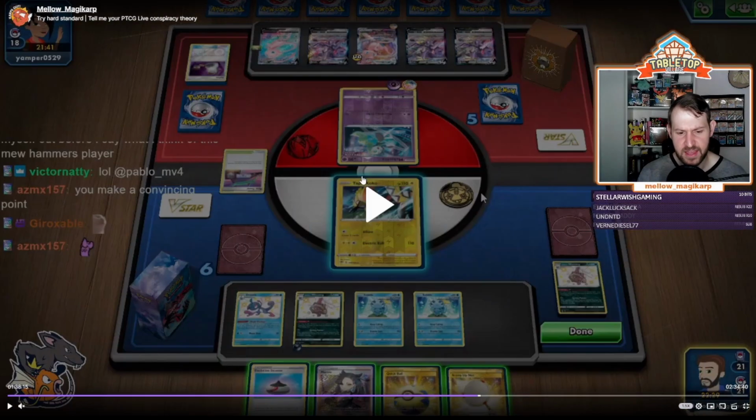Okay, we top deck another net. So kind of a weird situation of like, what are we going to grab here? We want Hoopa, we want energy. We have ways to get those. So we can go Incense for Training Court, Quick Ball the net for the Hoopa,